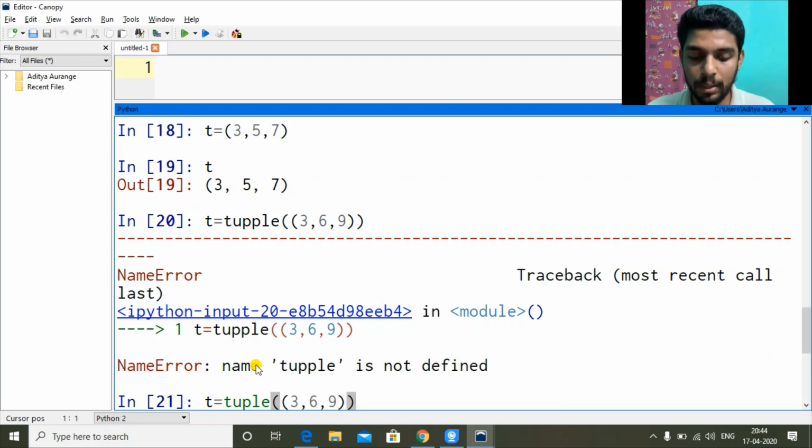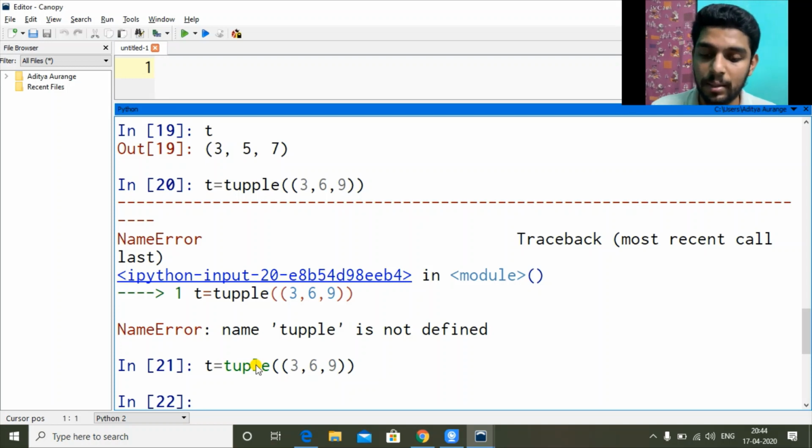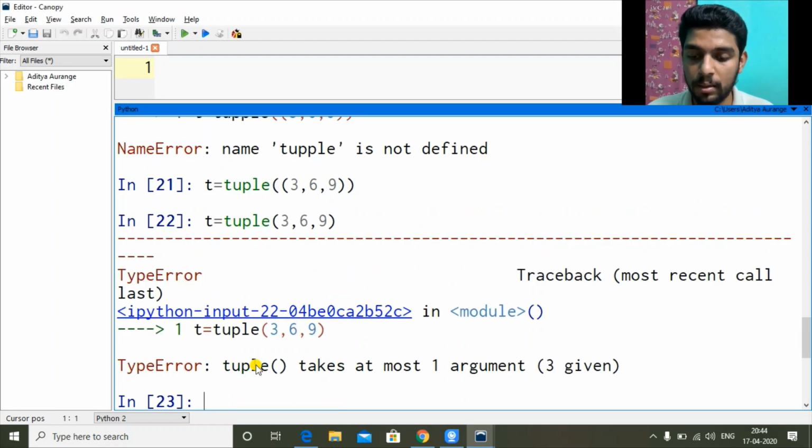Yes, single P. Sorry, single P. Without enclosing data it didn't work, because we have to enclose data. So keep that in mind. Students make this mistake a lot of the time. So whenever you are using a function, round brackets are used, and inside round brackets you have to enclose the data if you are giving multiple data. Okay. So the main point was creating NumPy arrays from list and tuple.